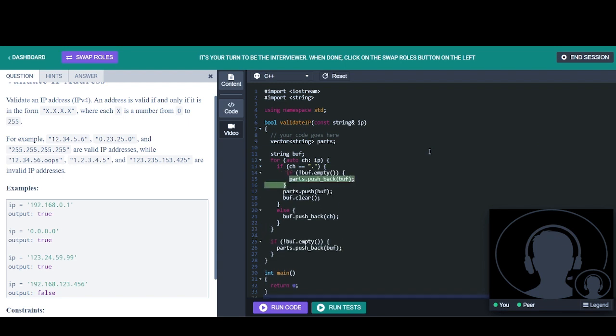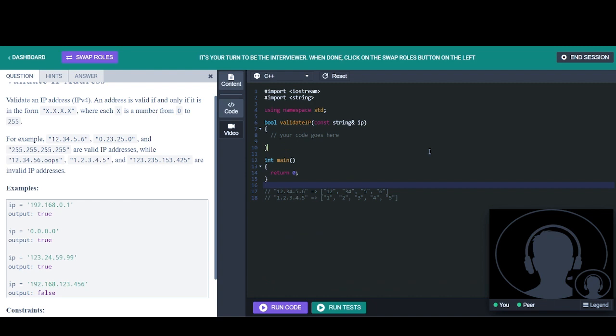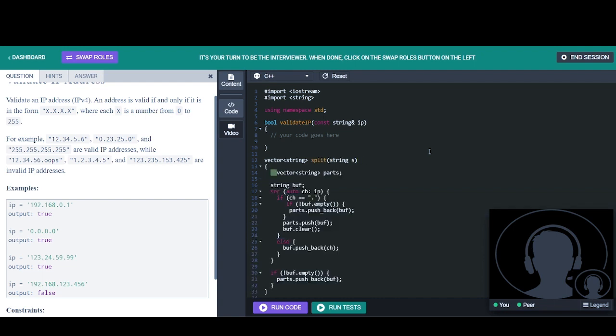So what I'm essentially doing is a split function. You can actually move this into a different function, so a vector of strings from a split, not just a string. So return parts, and oh sorry, string s and char delim. So the first thing I'm doing is just creating a vector of parts by splitting the IP by dot. So this is the first part that I was talking about here.